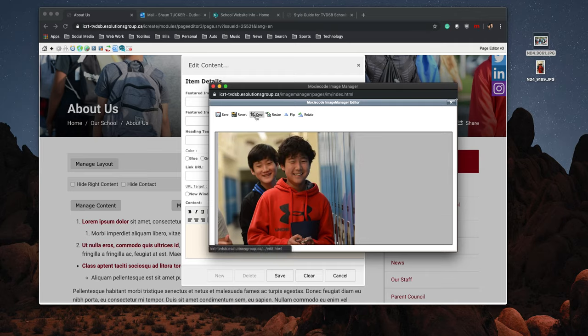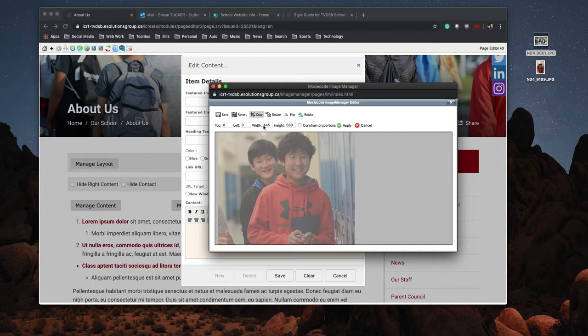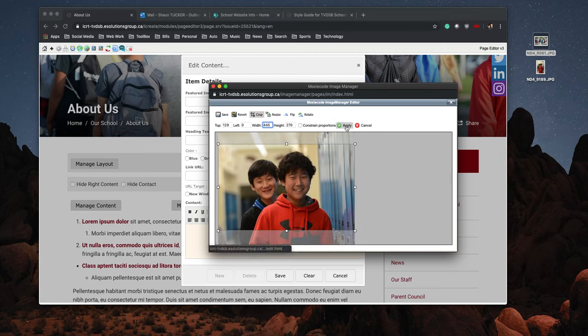So again, I'll need to crop this. Now the width of my image is 445, which is perfect, but the height I need to set to 270. So I'll set my crop box to have a height of 270 and a width of 445, and then I can click and drag this to where I'd like. I'll now click apply,